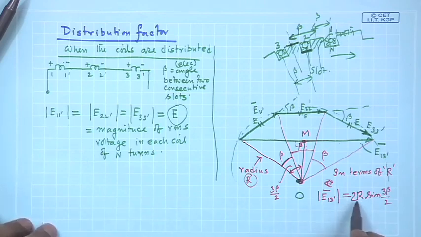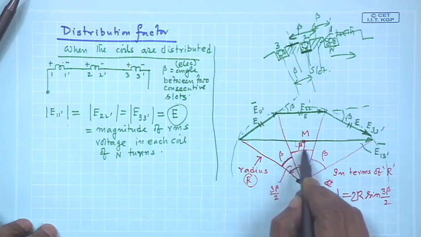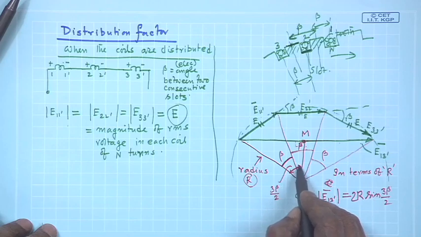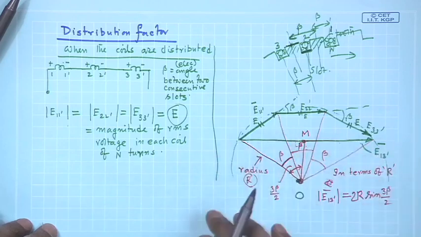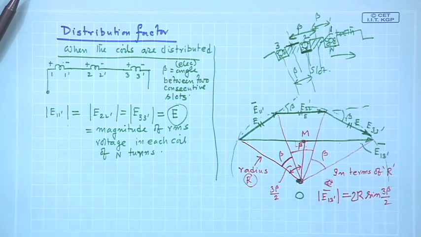Therefore, the resultant is 2 times R sine 3 beta by 2, where 3 beta by 2 comes from this being 3 beta and this being 3 beta by 2. So, this will be the resultant voltage when the coils are distributed,